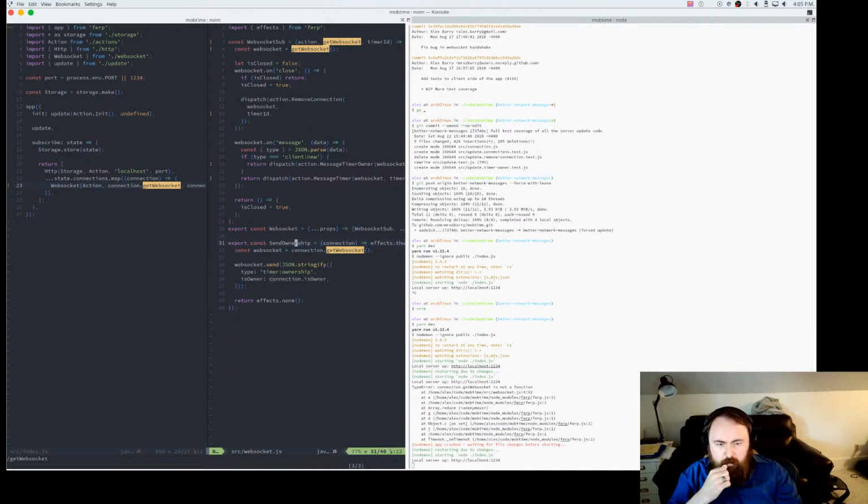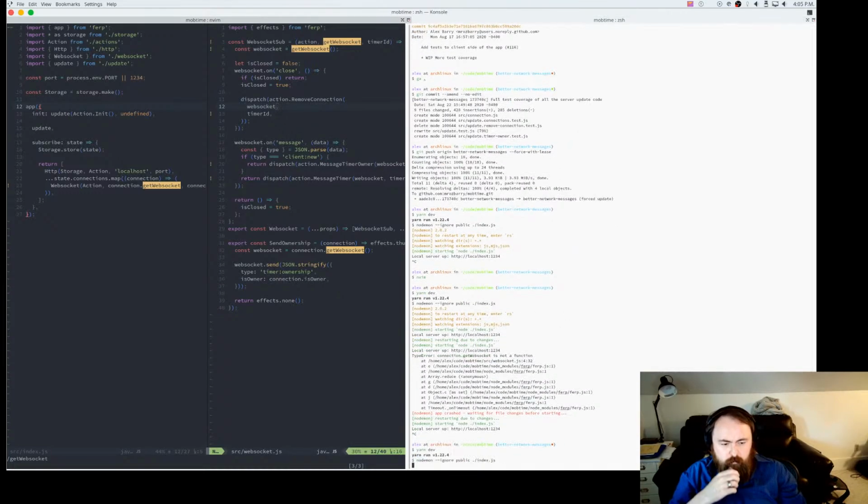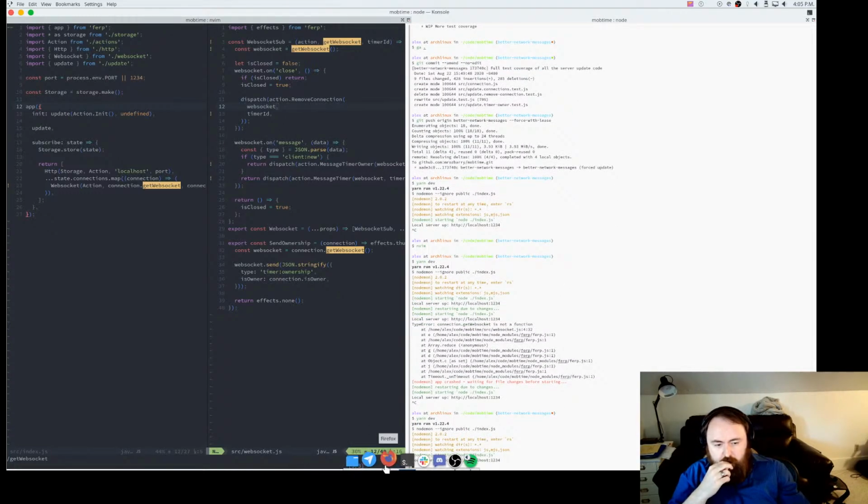Well, I mean, with send ownership, that should be fine. It says WebSocket line 4. Well, that should certainly be real. So let's try this again.